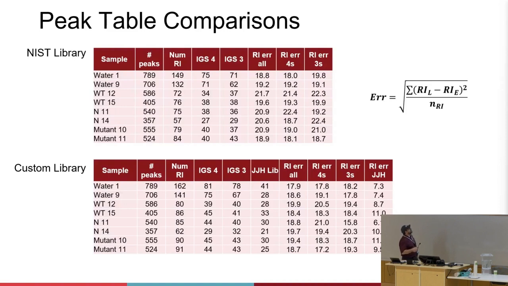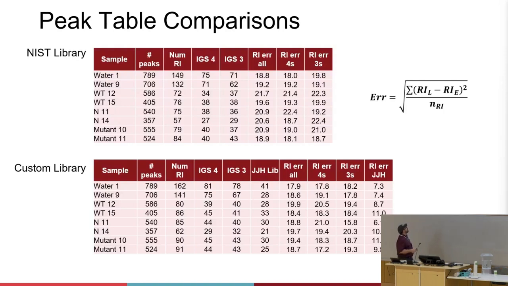If I just do a simple workflow with the NIST library, here's the number of peaks that I get, the number of peaks that I get if I include retention index filtering, the number of peaks with an IGS of 4 or 3, and then this is the overall retention index error calculated using this formula over here for all of the peaks that have a retention index, all of the peaks that are of these 75, and all of the peaks here of these 71 for IGS 3. So we've got an error of plus or minus 20